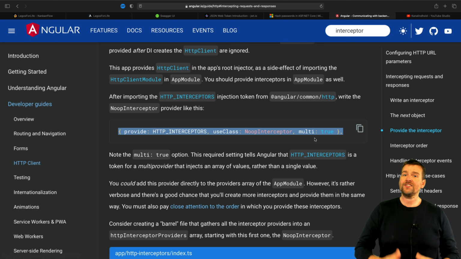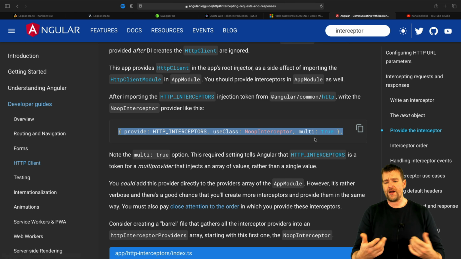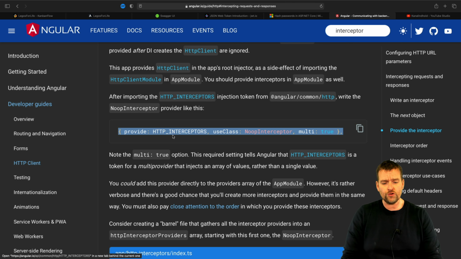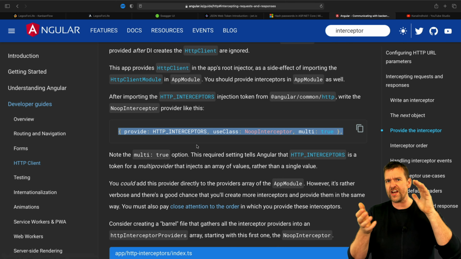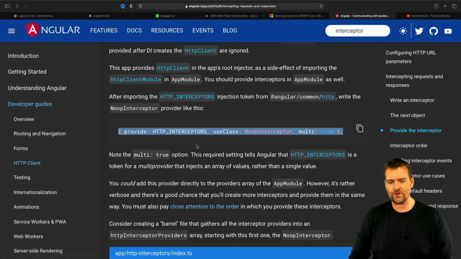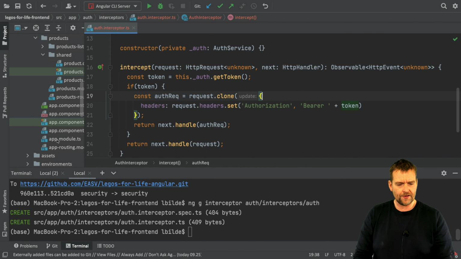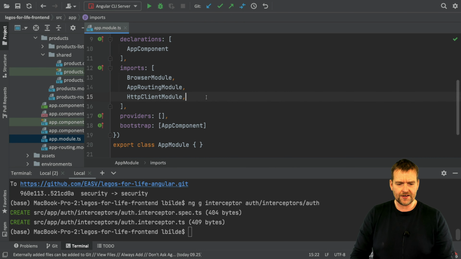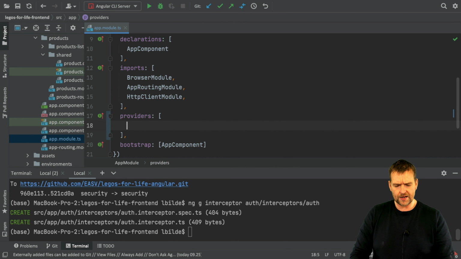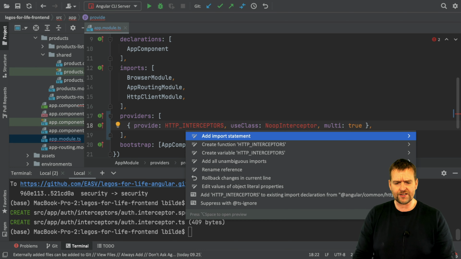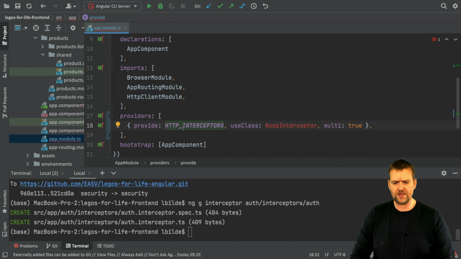So besides the default interceptors that might already be in your application, we're now going to explain we want to use one more interceptor in the chain of interceptors when we're sending requests. I know this is kind of tough, but just bear with me for a second right here. I'll jump into my app module, and here I'll go down to providers, and in providers in the app module, I'll explain I want to start using HTTP interceptors, and the one I want to use is the auth